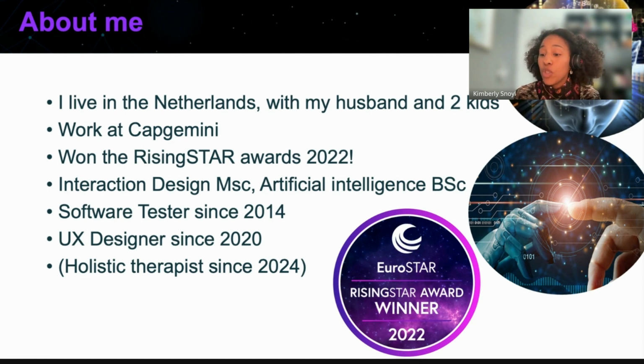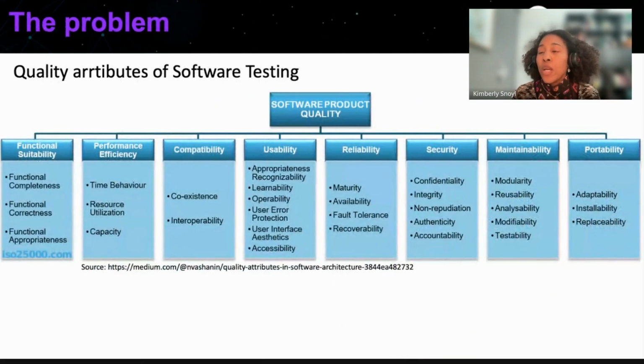Okay, so most of you know, I hope, that the Ladybug won the RisingSTAR Award in 2022, and that's why I'm doing this project still, and I'm updating you about it. Okay, so let's dive into the problem. We have an hour and I have a lot to tell you, and also, of course, I want to have the interaction in the end, so I'm not going to take a long time for things that are not too important. The problem. Well, during my testing career, I noticed that whenever I found a UX bug, it wasn't something